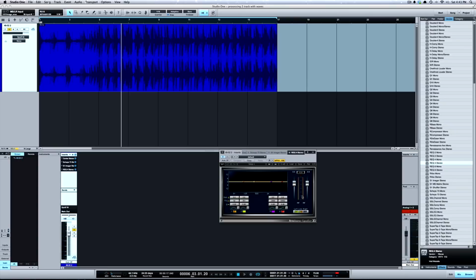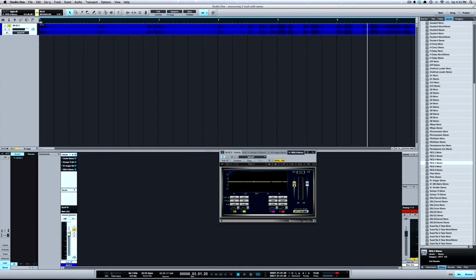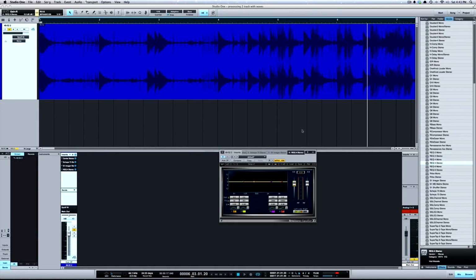and it now functions in a mid-side mode, because before it I have the S1 in mid-side. So now the left side of my REQ is the middle and the right side is the sides. You can unlink them, because if you keep them linked, we're going to affect both. But what I want to do is affect just the sides. So I'm going to unlink them, select the right side, which is the sides,